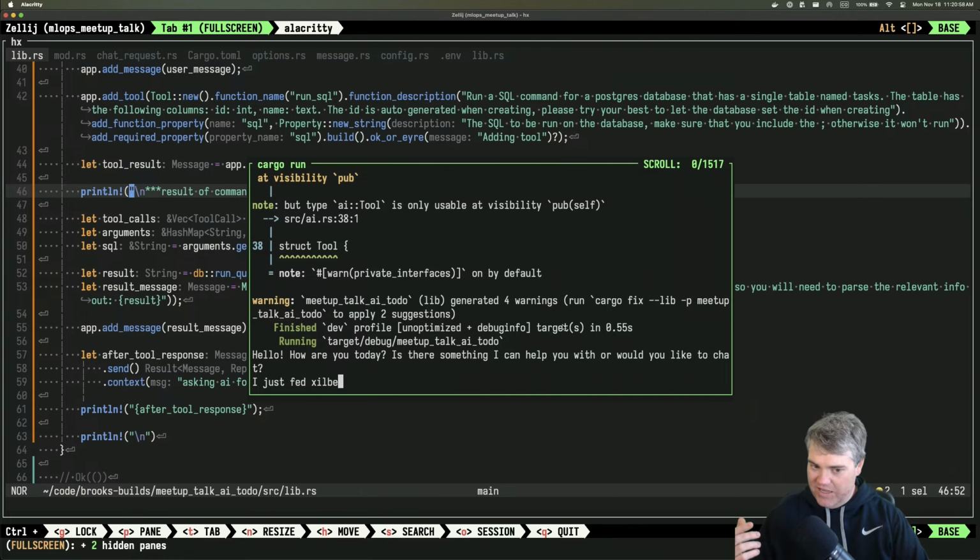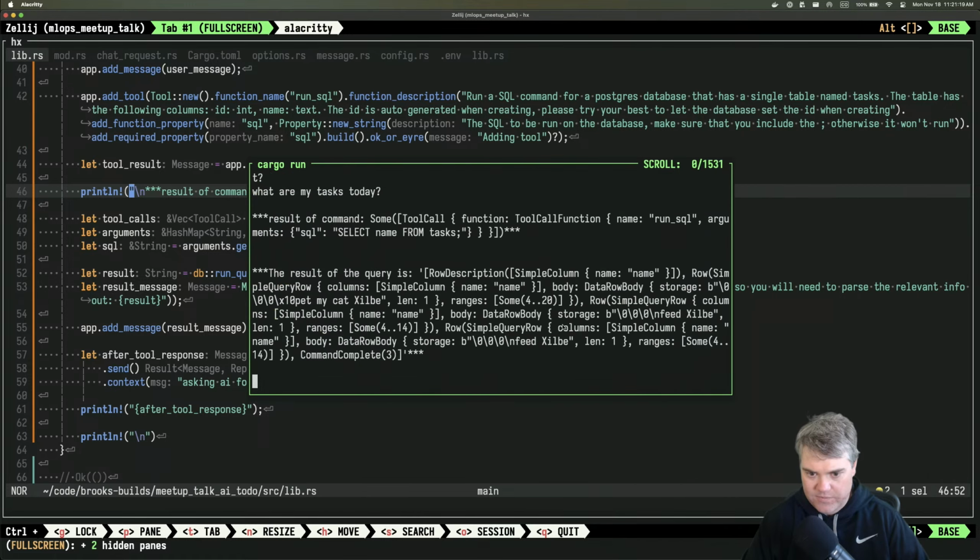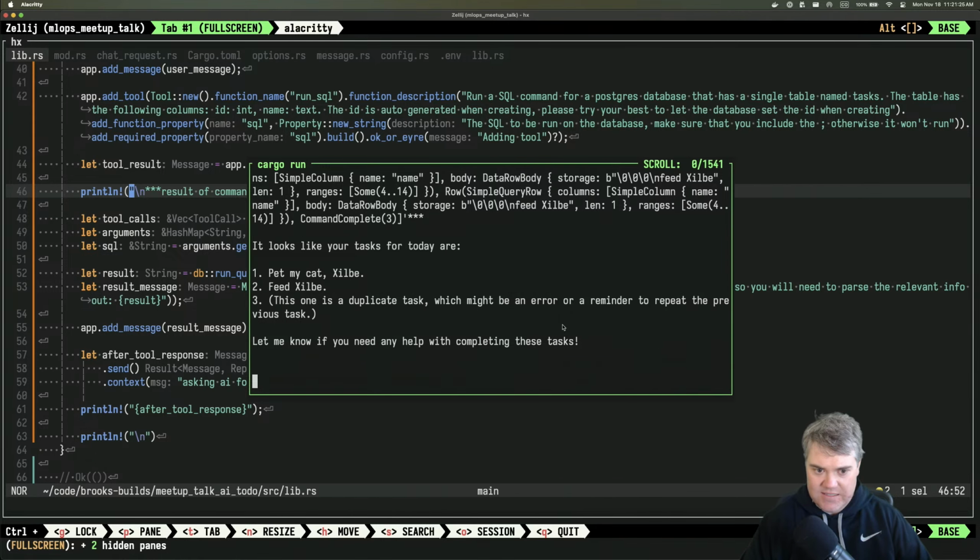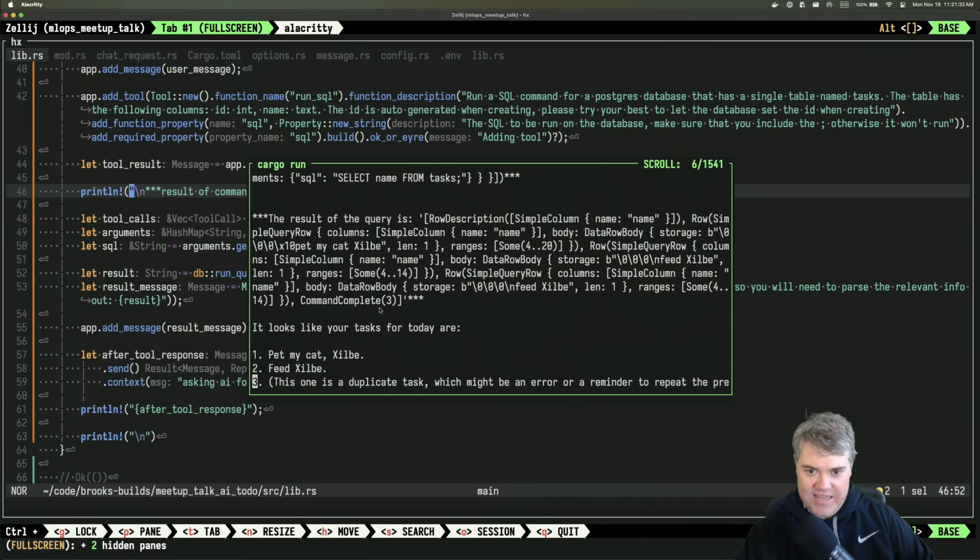If I want it to be a little bit more "intelligent," I would need it to potentially run multiple requests to say, hey, I need to get all the lists to do this. So, what are my tasks today? Okay, so that's your query. This one is a duplicate task, which might be an error or a reminder to repeat the previous task. Okay, so it successfully noticed that feed Zilby,